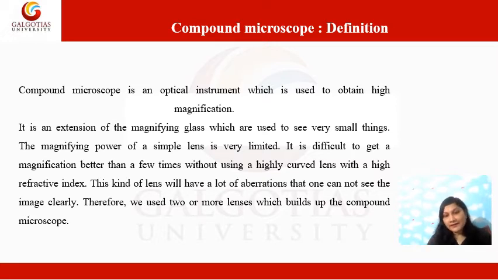Okay, let's explain this with an example. Suppose we have to magnify a small image and we have a single lens. In order to get a better magnified image, we need a lens that has a greater refractive index, but the resulting image will be blurred. How? Because that particular lens may have good magnification power, but its resolution power will be lesser.